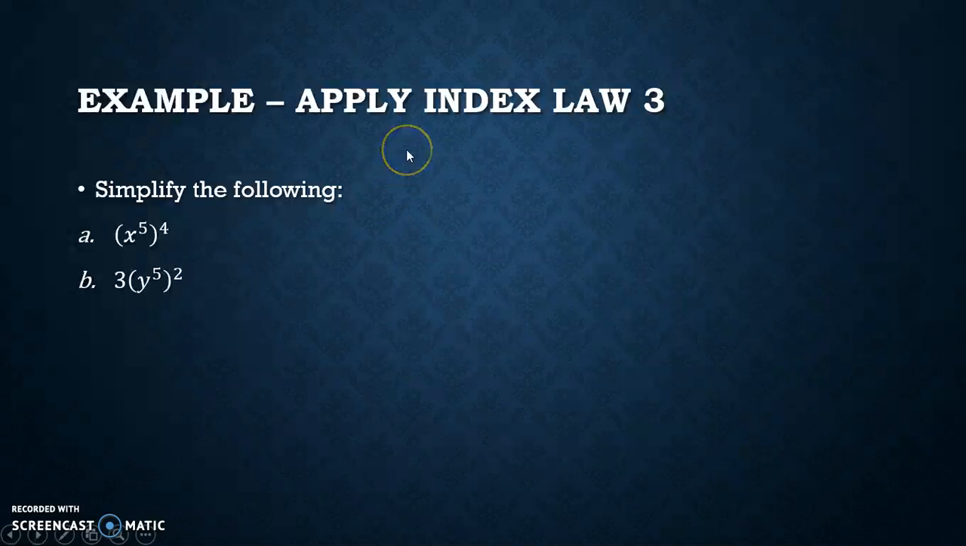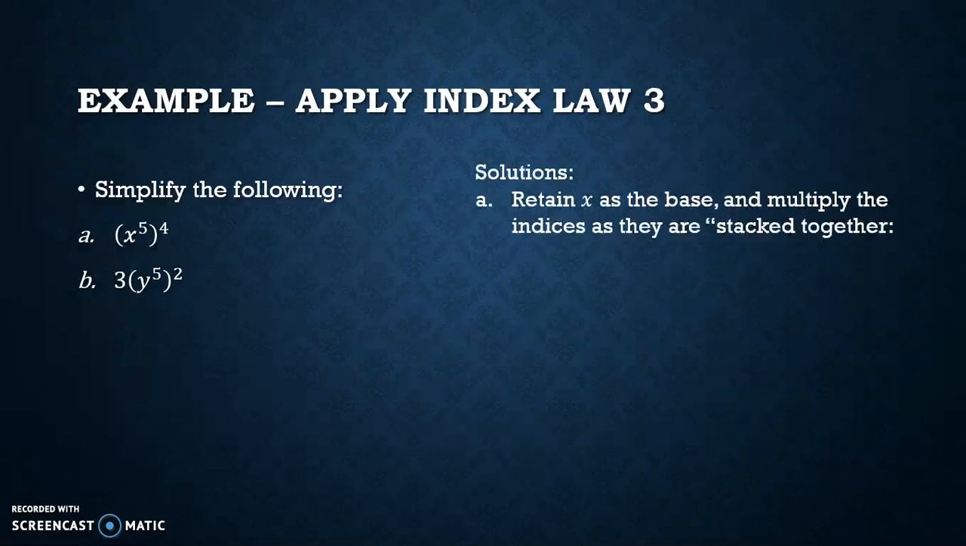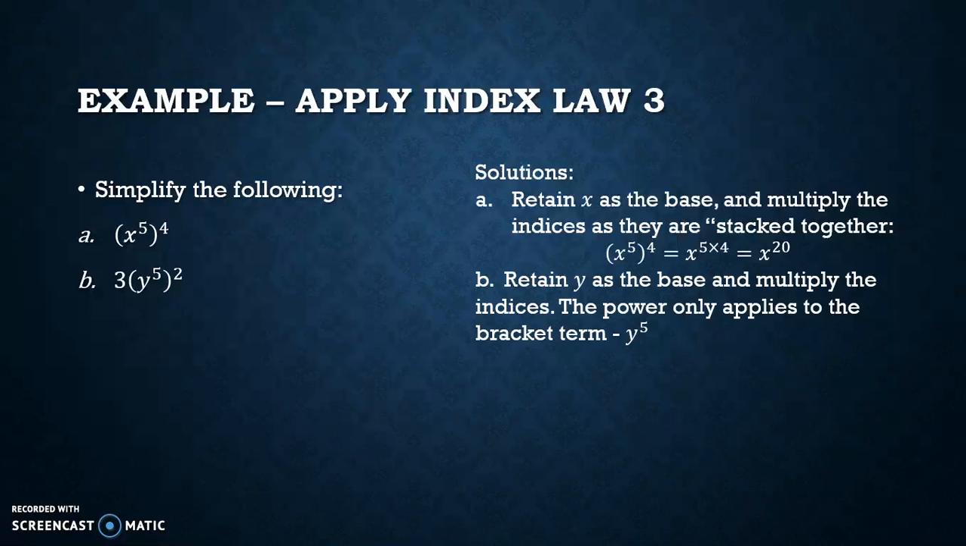Now let's see how we apply it. How do we simplify x to the power of 5, bracket, to the power of 4? We know that we can retain x as the base and multiply the indices as they are stacked together. So that will become x to the power of 5 times 4, which is 20. And for b, we retain y as the base and multiply the indices. The power only applies to the bracket term, which is y to the power of 5. You can see that here the number 3 is not in the bracket,